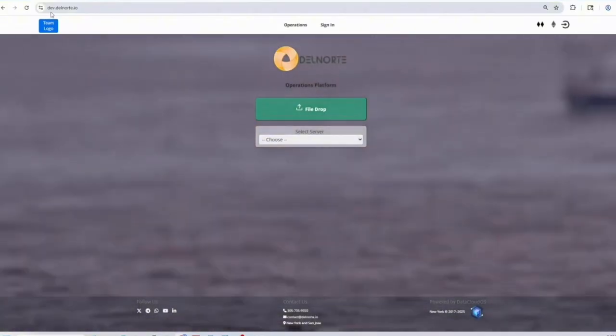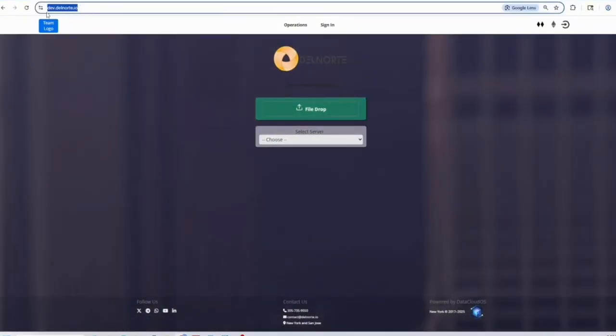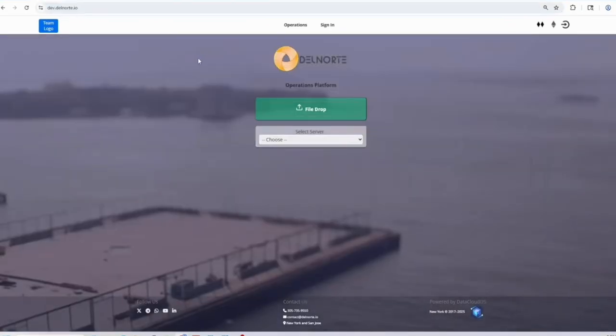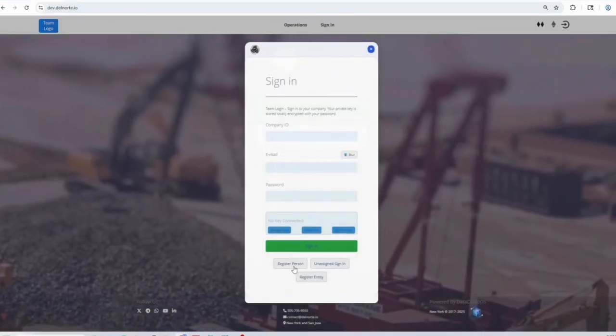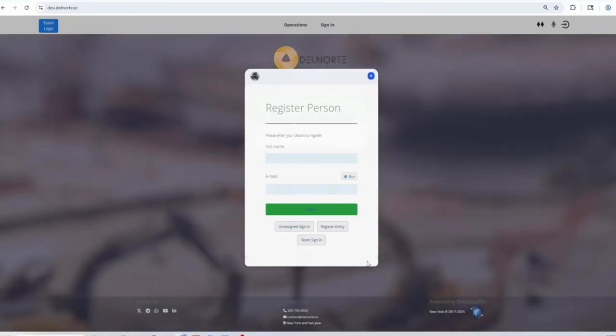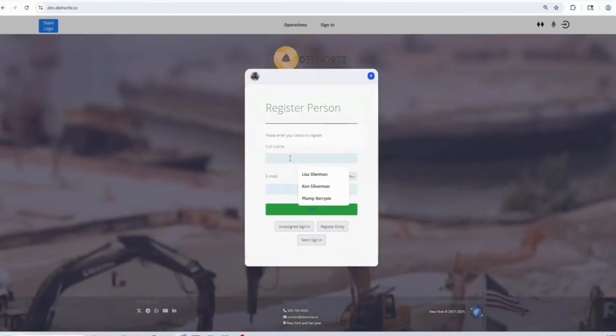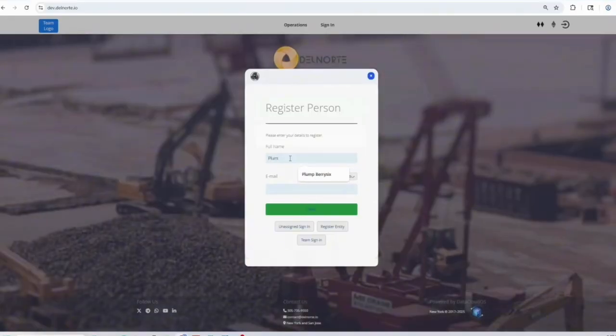First, you'll go to dev.delnorte.io, as you see here. Then you'll click the sign in. The first thing you'll see is register person. You'll type in your name, in this case, for testing purposes,